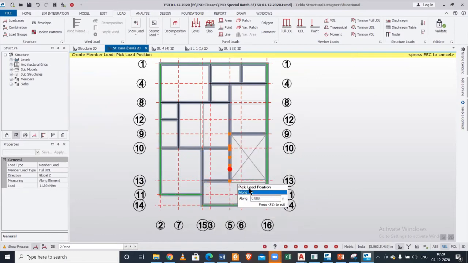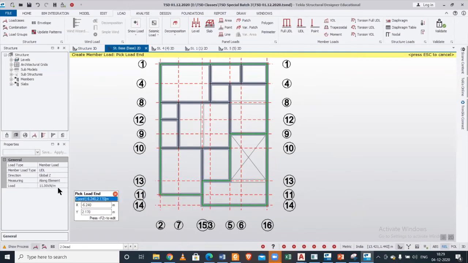This is the staircase? But on the ground floor, the car is kept there in the staircase area for now. So we have the car here, so there will be a 10-inch wall here, and a 10-inch wall here, and we'll give a 10-inch wall from here to here. If you have such a condition, we can use the option of UDL, and you can just pick the line in which you want to assign. Single click here and another single click or double click here. So we assign,